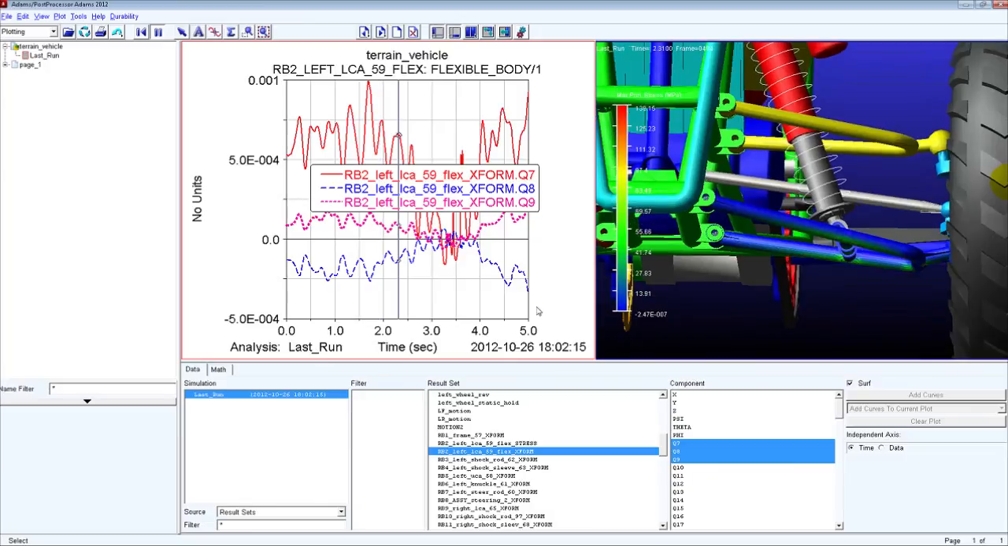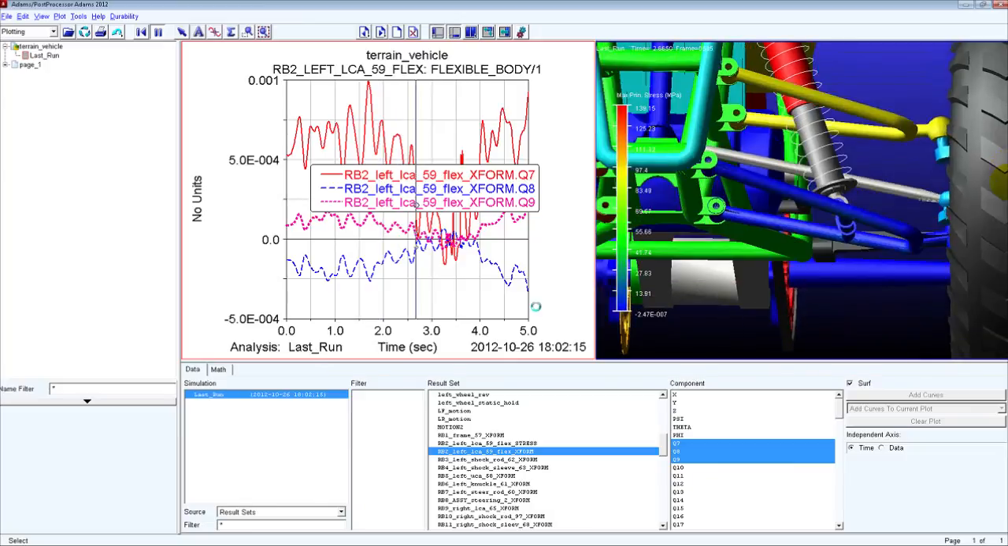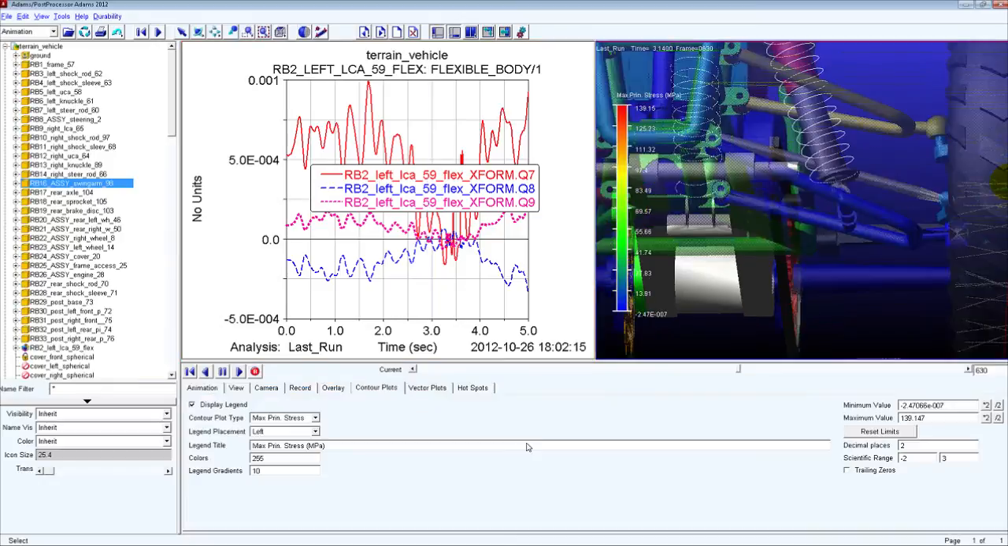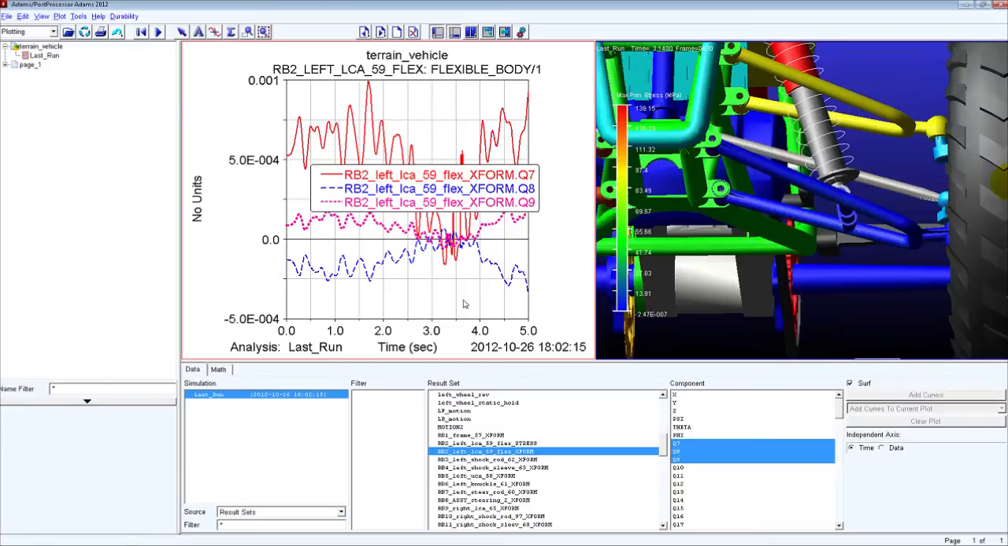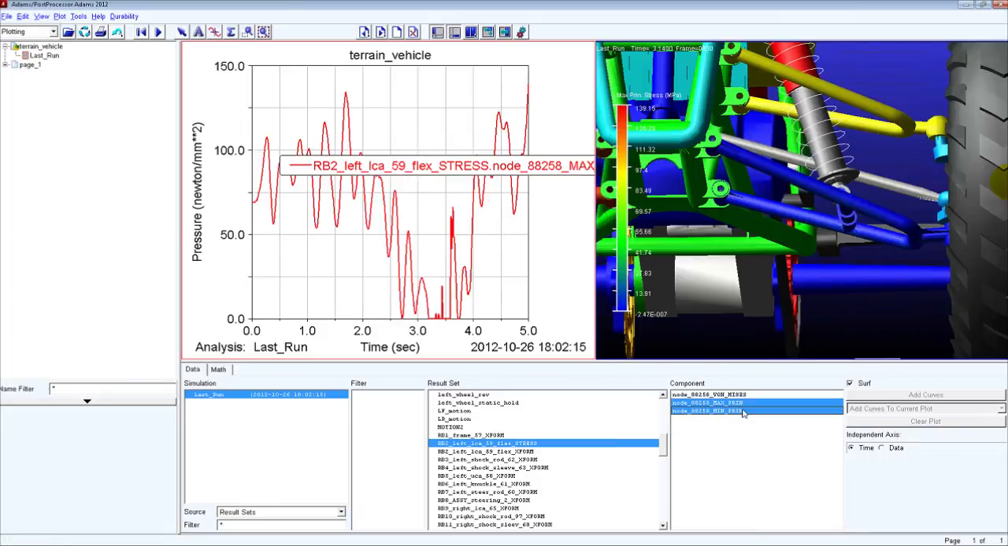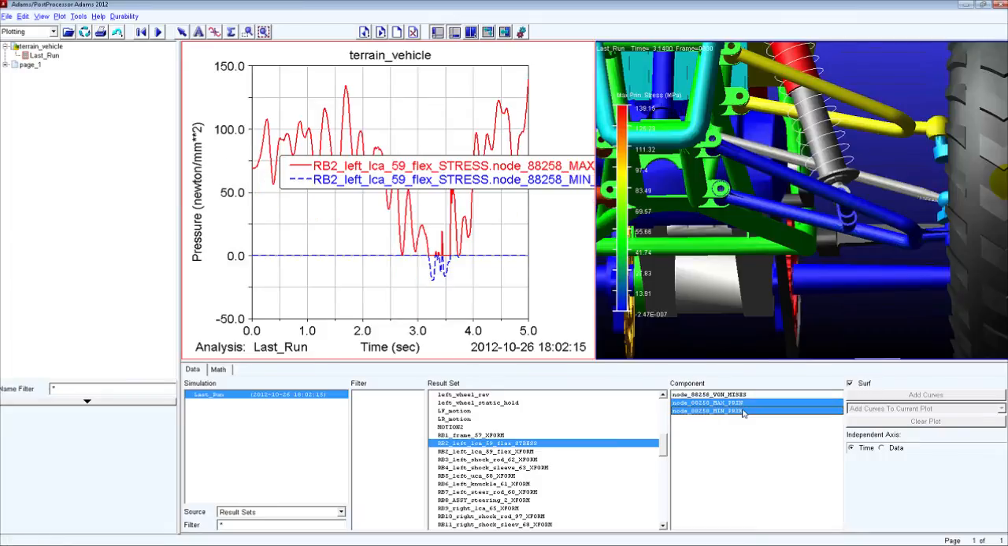So if we stop the animation once again, we go back into the nodal plot, we can look at this very briefly. We can visualize what is happening on node 88258. You can see here we have simultaneously showing max principal and mean principal. Okay, this is very important for fatigue analysis because more often than not, we'll be using the max absolute principal